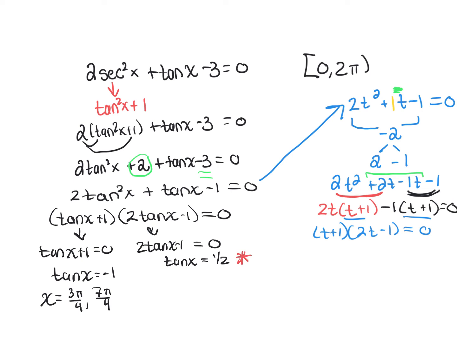Disclaimer, this one you have to use a calculator for, and you will not have a calculator on your test. So all of the problems that you get on your test will equal something that you know from the unit circle. But in my calculator, I can type arctan of 1/2, and it should spit out an x angle answer. So let me do that. So if you type in the calculator, it should come out that x